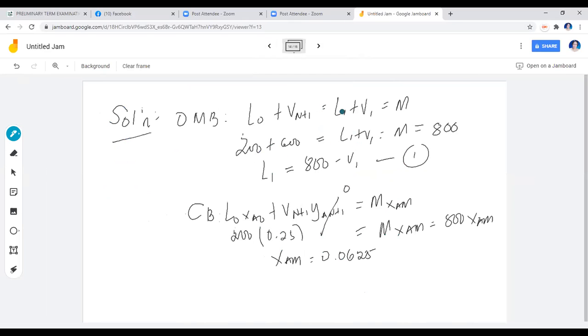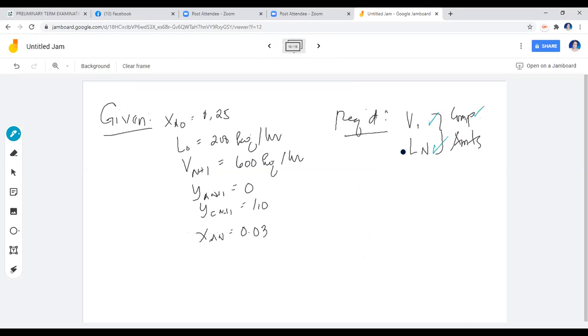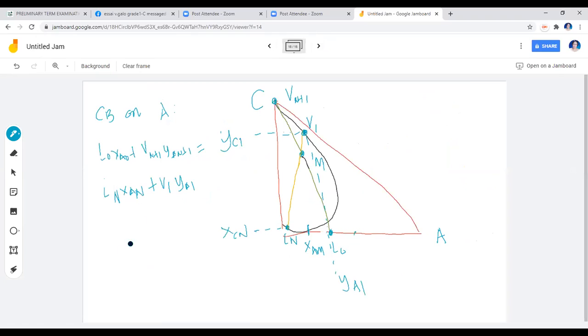I have in mind a single stage, so LN, because we have several stages here. So now, this must also be LN. Oh, I wrote LN there, but I wrote N1 on the other side. Okay, so the XA1 that I'm going to use here is the 0.03, the 3%, XAN rather, and the YA1 that I'm going to use is the one I will be reading from the line I've made here. So that would be my YA1 placed in there.